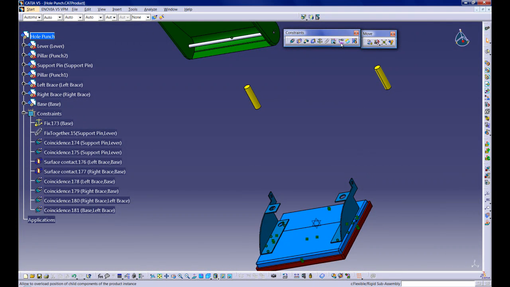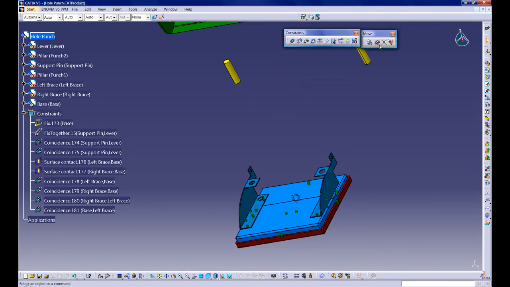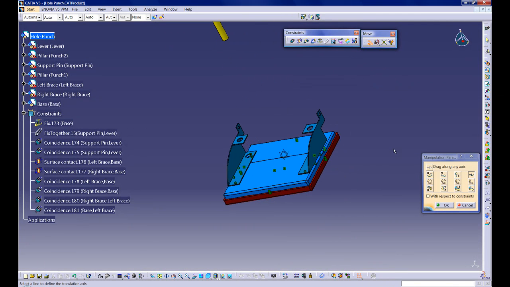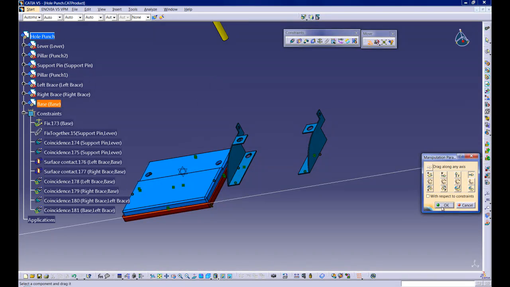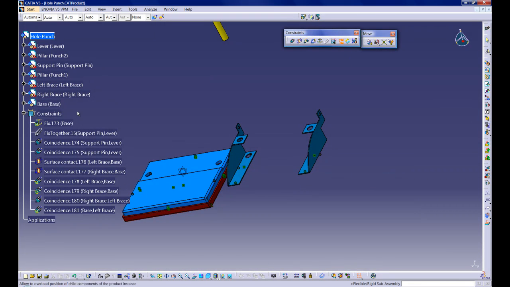Now what we're trying to demonstrate is flexible and rigid subassembly. To use that, you need to have a subassembly within your assembly, and this is our base. By default, CATIA has it as rigid. So in the rigid configuration, if I want to manipulate, let's say, the base subassembly, both of them move together as one. But if I want to make them flexible,